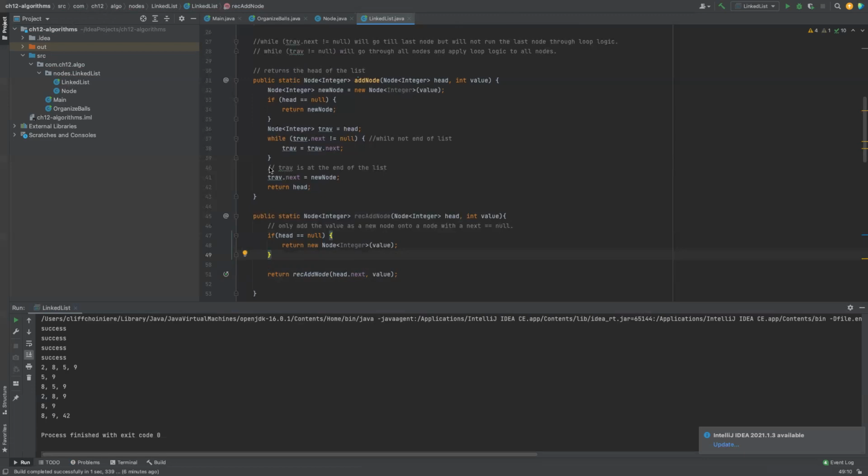There it is. So in the first situation, we get our 2, head is equal to null. So we're going to return our new 2 node, and that's going to be head equals that. So now we come in with the 8. Head is not null. And so then we're going to do, hey, okay, in that case, let's go ahead and pass and do another version of